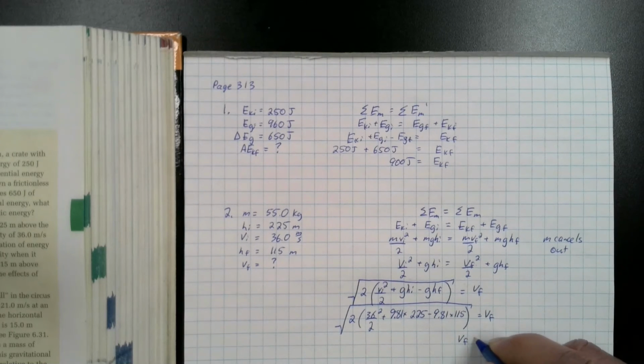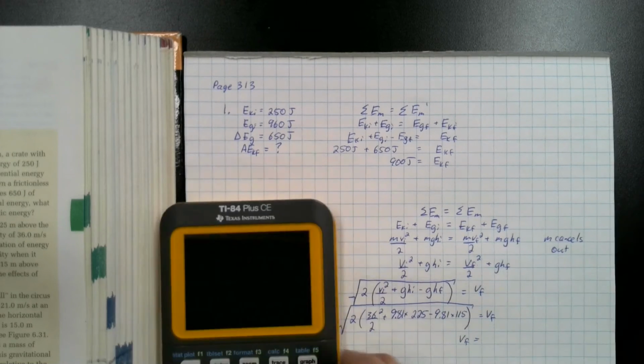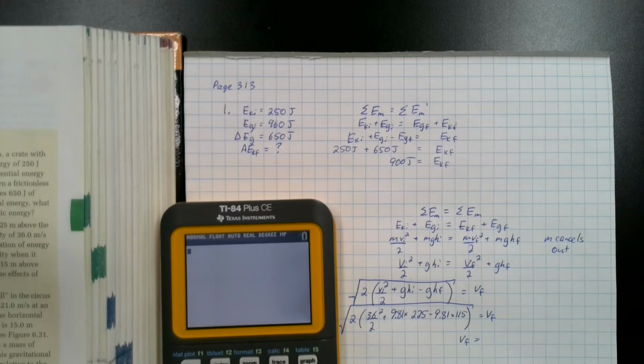So our v final is equal to the square root of 2 times brackets 36 squared divided by 2 plus 9.81 times 225 minus 9.81 times 115, close brackets,